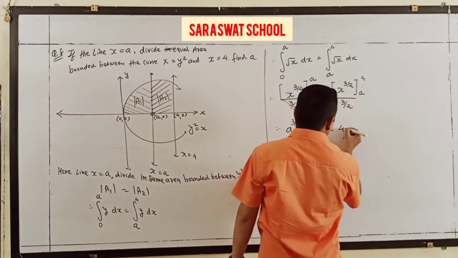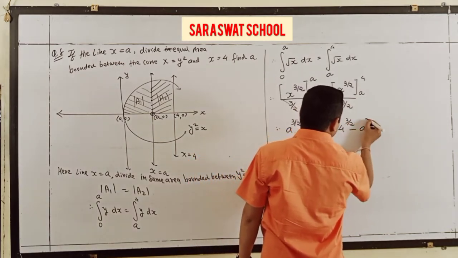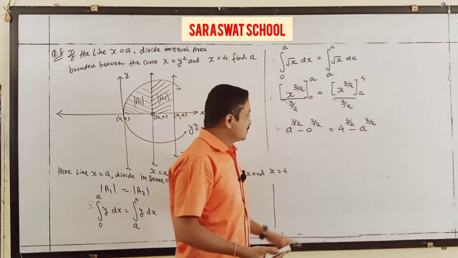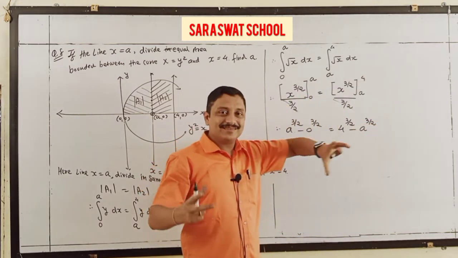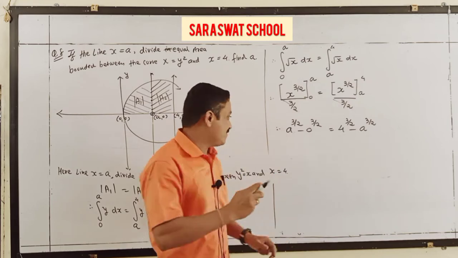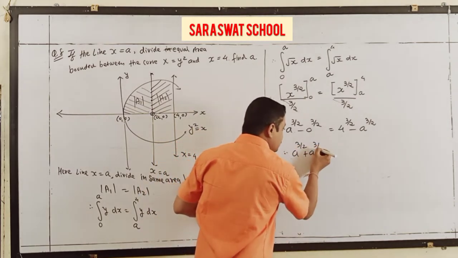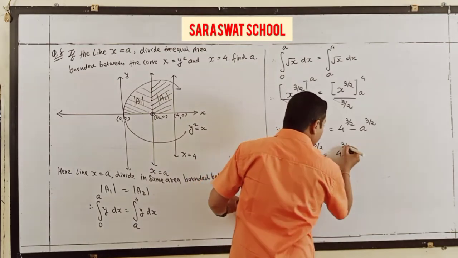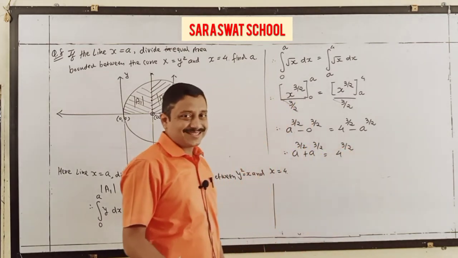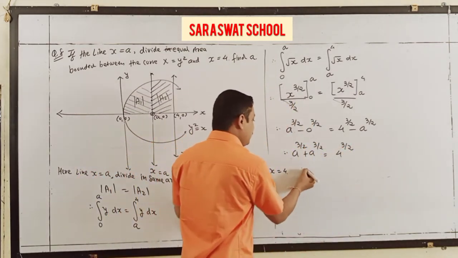Same here, 4 raised to 3 by 2 minus a raised to 3 by 2. So does this a raised to 3 by 2 and this both club the same. So it is a raised to 3 by 2 plus a raised to 3 by 2, and here 4 raised to 3 by 2 as is. Finally, 2 times